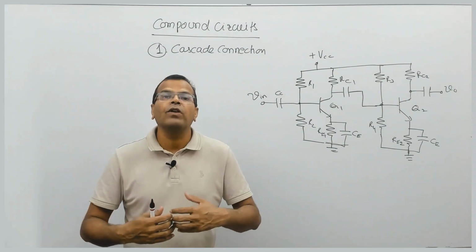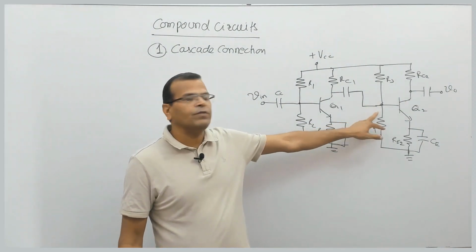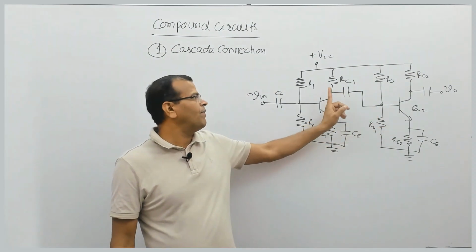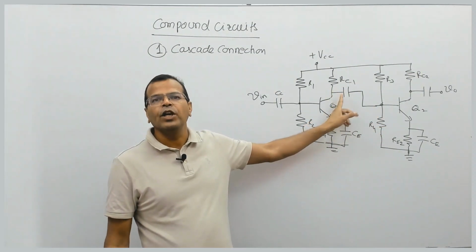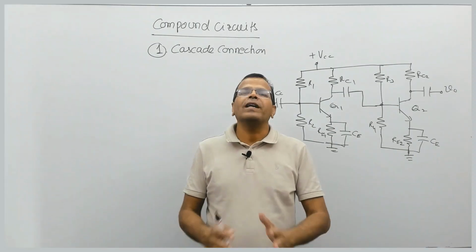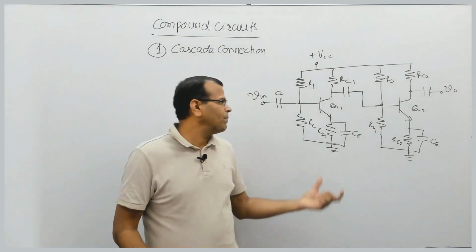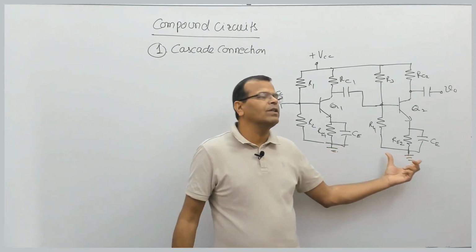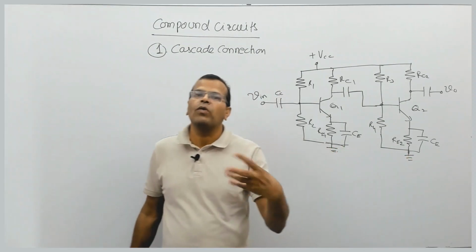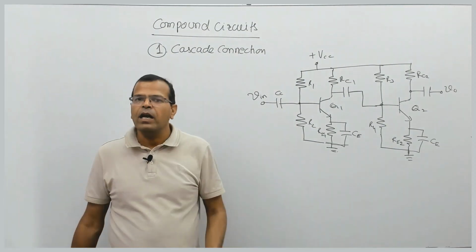We need to go for small signal analysis of the amplifier. So here the input impedance of this second stage will definitely affect the output at this stage. So this is an interactive type of coupling, or interactive type of connection, where I cannot simply multiply the voltage gain of the first stage with the voltage gain of the second stage to get the overall voltage gain. We will be going for the complete mathematical analysis.